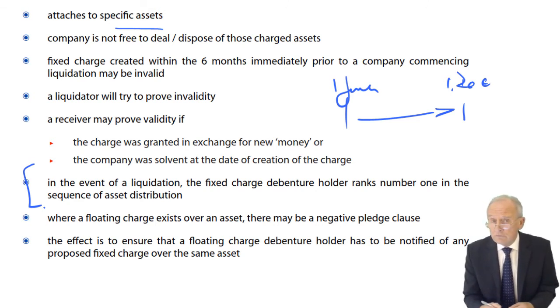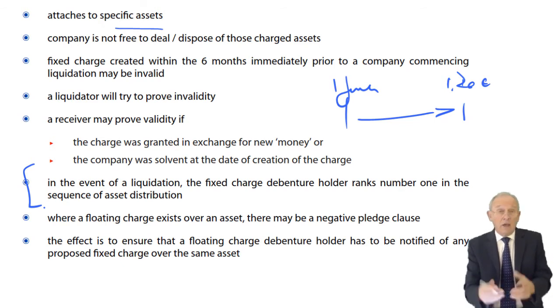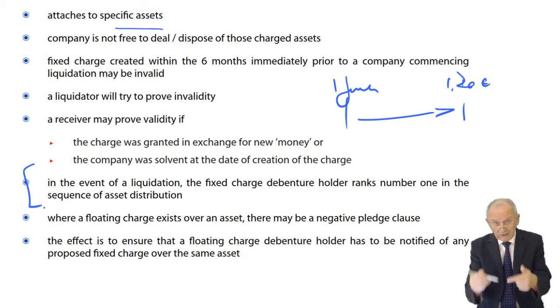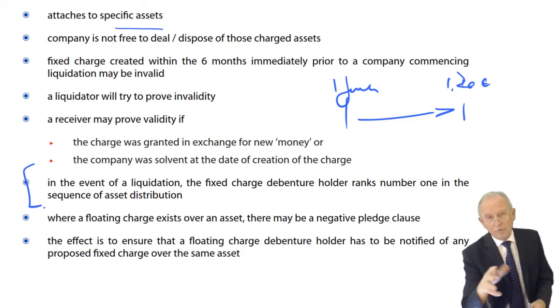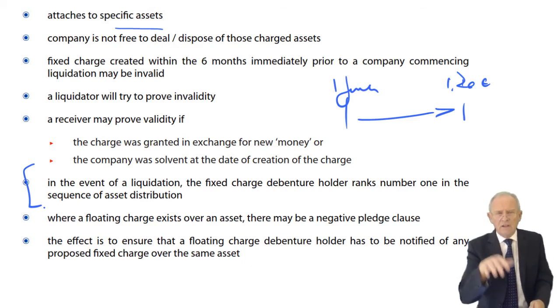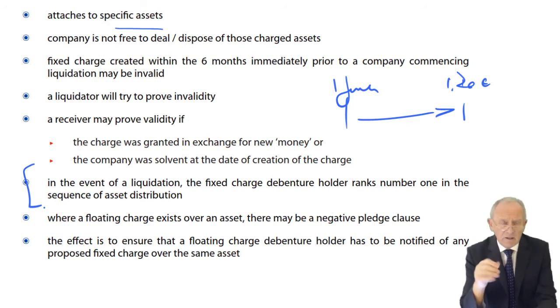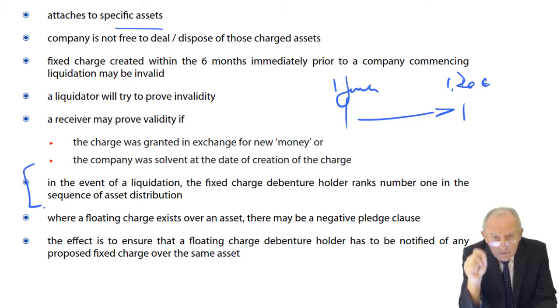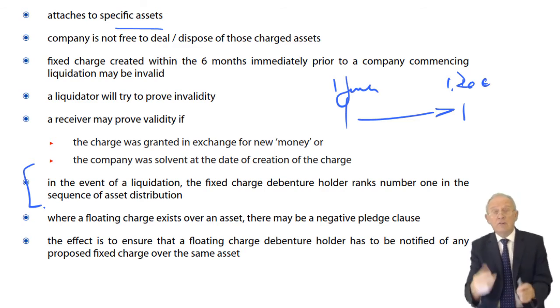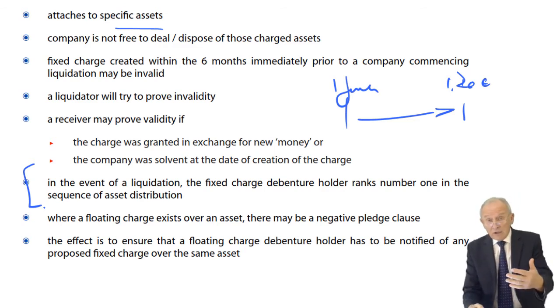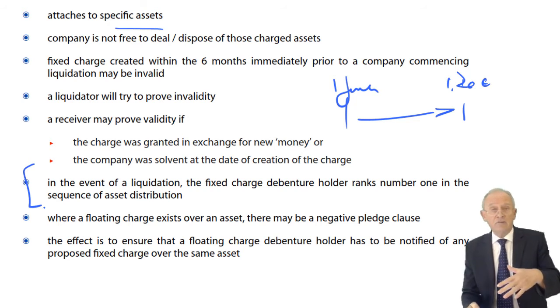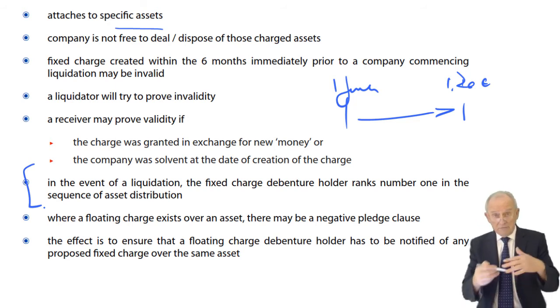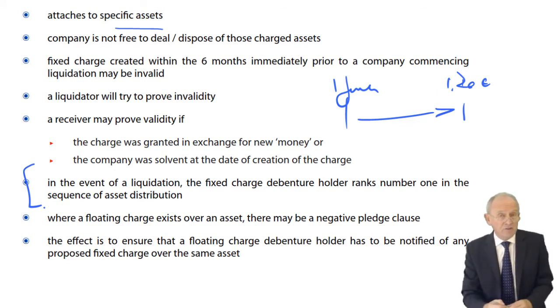If there's a shortfall and the building sells for less than the capital outstanding and the interest and the expenses, then the fixed charge debenture holder for the shortfall will rank down at layer number 6 when we get through to liquidations. You'll understand what I say, layer number 6. Basically, so far as that shortfall is concerned, they rank down amongst the unsecured creditors, ahead of the shareholders, but right at the bottom of the creditors before anything gets paid to the shareholders.